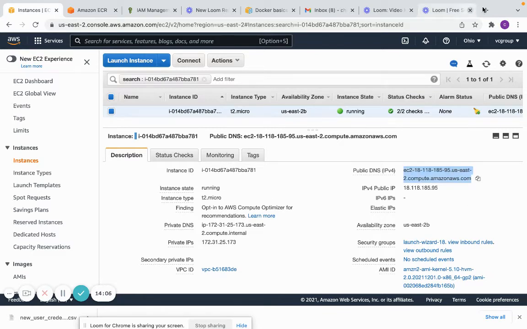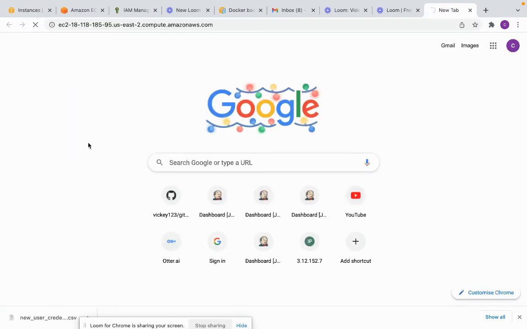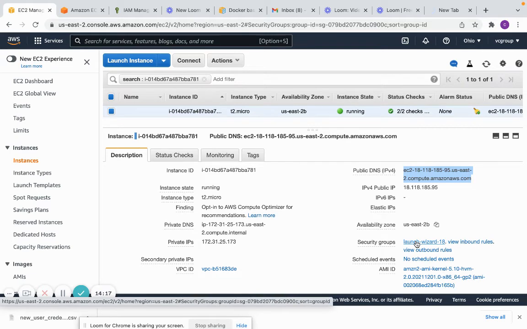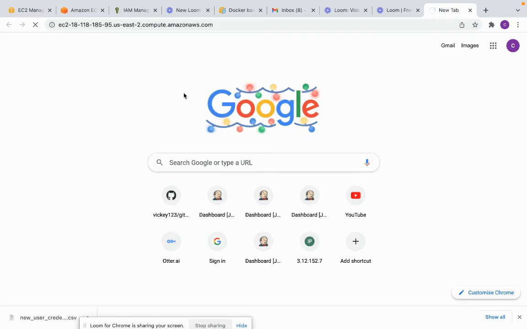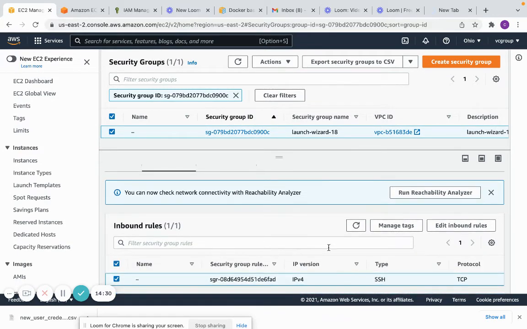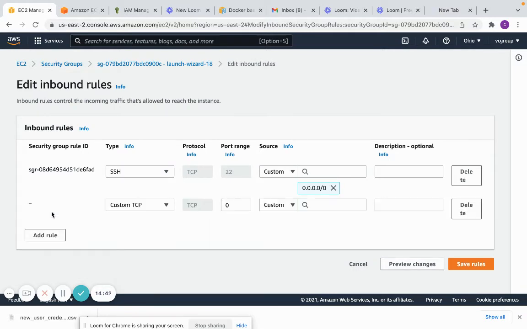Let's copy this, go to AWS, and it's not going to work because the instance security group is currently accepting only SSH traffic. Let's see whether it's true or not. Let's go back to our security group. This is the security group that our instance is in, and it's only accepting SSH type. Let's edit the inbound rule, and we'll include